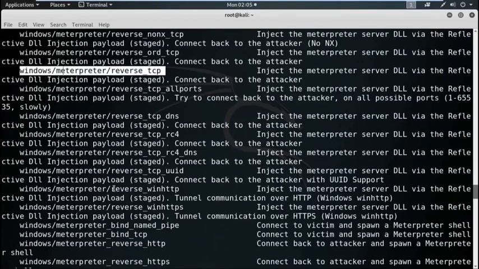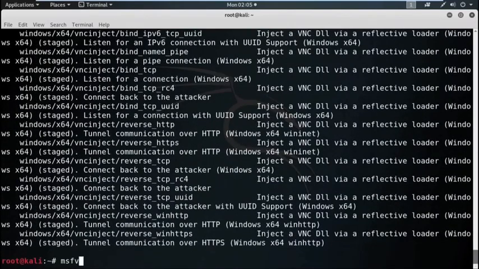and by using this payload we try to establish a reverse connection from the target machine to the attacker machine. So, first see how to create the binary or executable using this particular payload. Now, I am using msfvenom, then -p specifies the payload name.